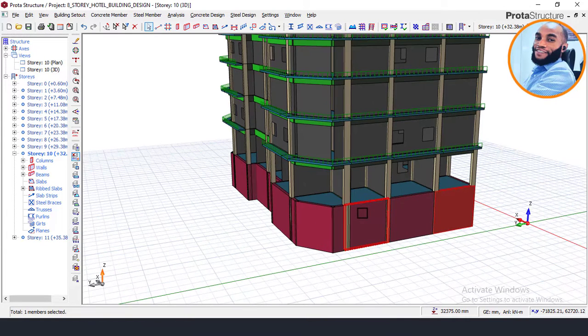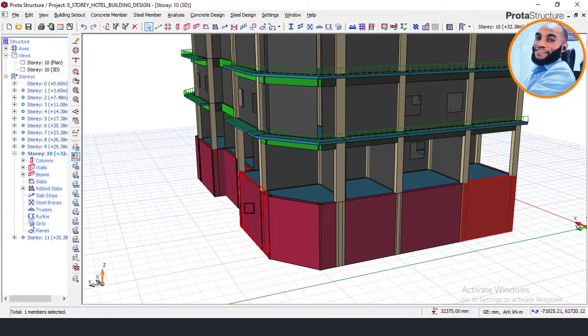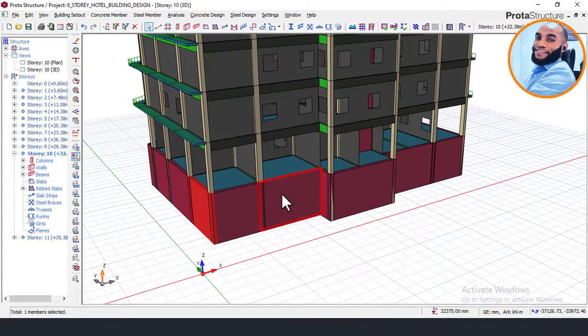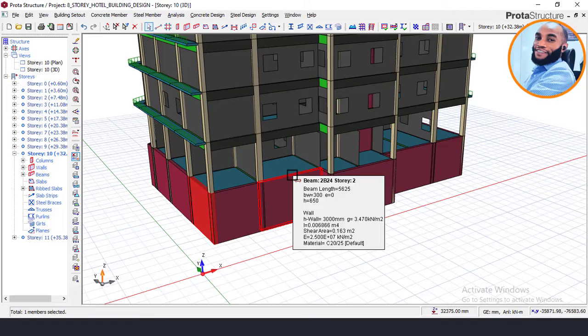So right now you can see how we have just added the load from this section of the wall here all the way down to this panel of the wall here. Okay, that's fine. So right now we are left to add the load on other panels, on other sections of the walls, of the basement walls around this place here, and then also this slab. Okay, so I'll do all that later, and then continue with the next stage,